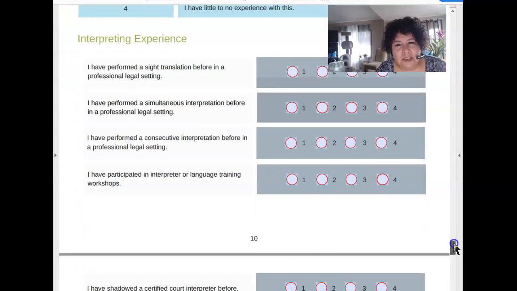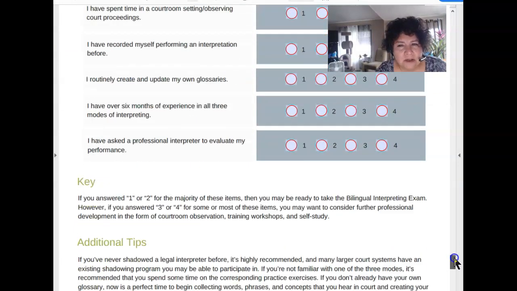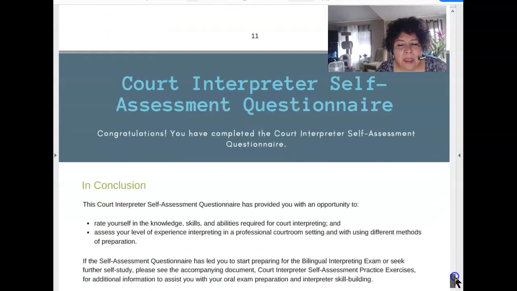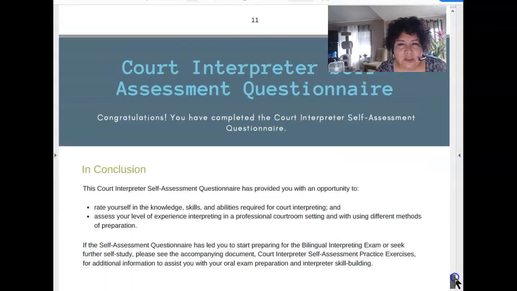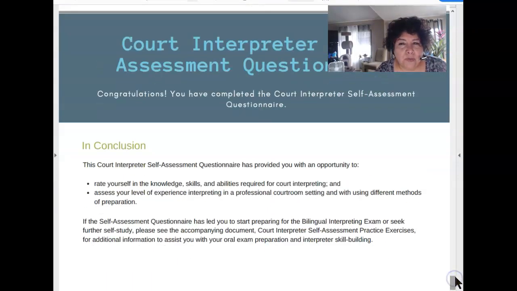So please make sure you take this assessment if you are considering going into the court interpreting program. And if you need to discuss your results with me in class so that I can help you, or with your legal interpreting professor, Margarita de la Torre, we both can help you come together with an action plan. So that summarizes how to fill out this form. Once again, it's very important, especially if you're considering going into the legal field, that you do this self-assessment.